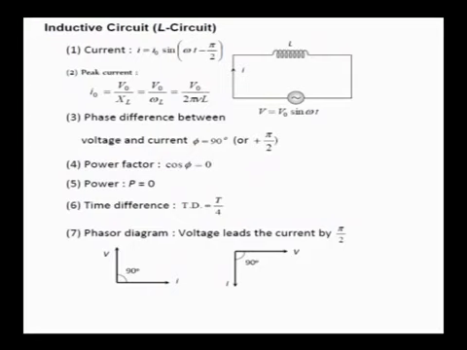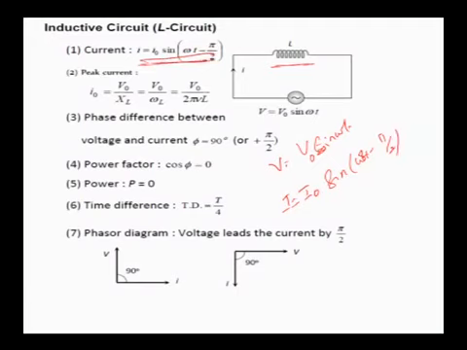In the case of an inductive circuit, if you look at the coil connected to an AC source, the voltage applied is V is equal to V naught sin omega t. But if you find the expression for current, the current is found to be I naught into sin of omega t minus pi by 2. Just look at the expression for current through the coil and the expression for voltage we applied. That shows voltage and current are not in phase, and in this case voltage is leading current by an angle equal to pi by 2.